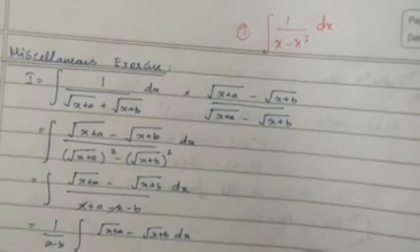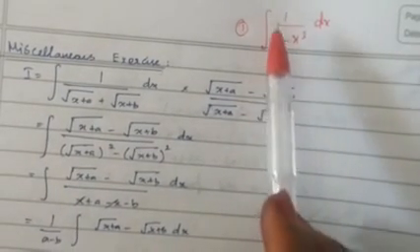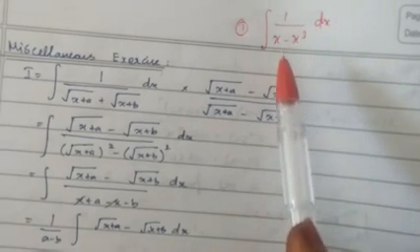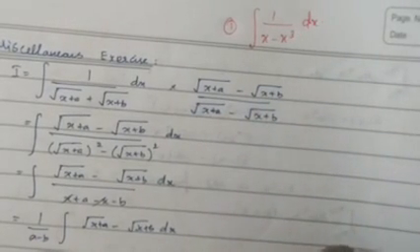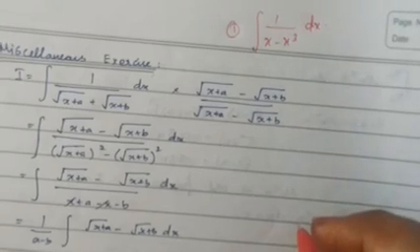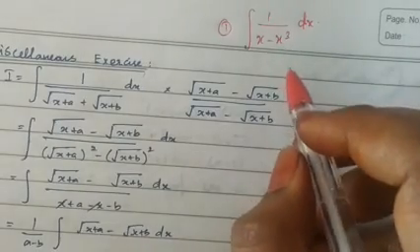Welcome to this session. Let us move on to miscellaneous exercise. The first sum is a homework sum: integral of dx divided by x minus x cube. Now, how to do this? You should think about it. There are several methods we have learned. First method is substitution method, separating the integrals, partial fraction, integration by parts, applying completing the square method. So many methods we have learned. So we should think, and then only you can solve it.